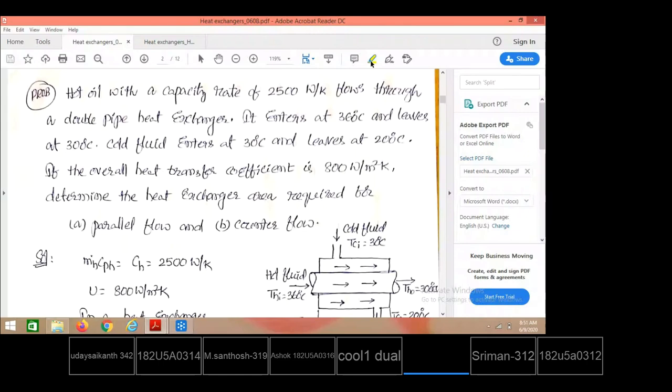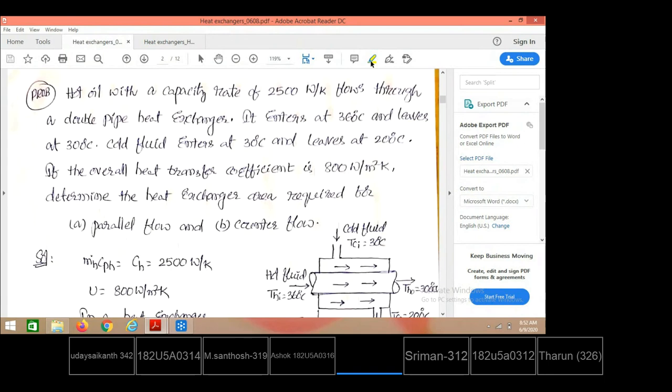So far in heat exchangers, we have seen the classification of heat exchangers, and how to estimate the overall heat transfer coefficient for the heat exchanger. We have also seen how to estimate it by considering the fouling effects. Fouling means that due to continuous operation of the heat exchanger, foreign particles or dust particles may get deposited over the surfaces, and that will affect the amount of heat transport via the surface. That effect is known as the fouling effect.